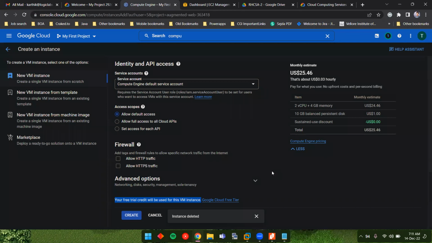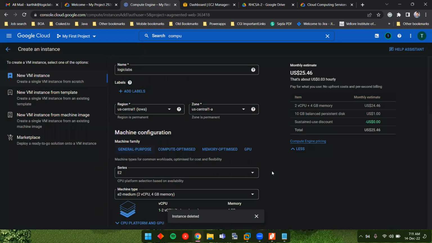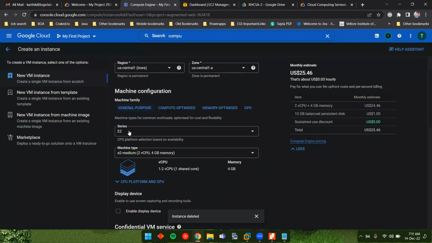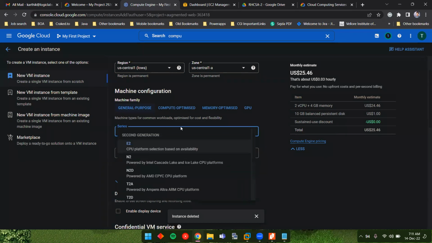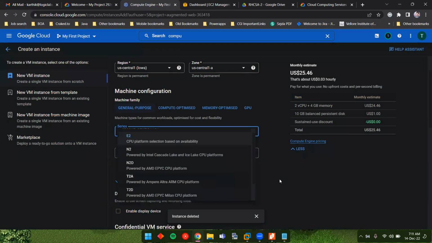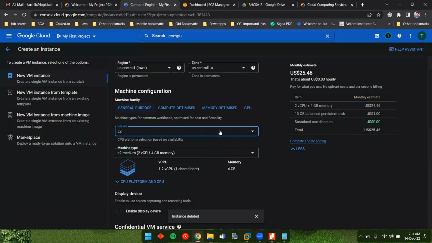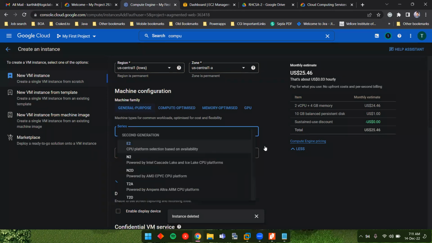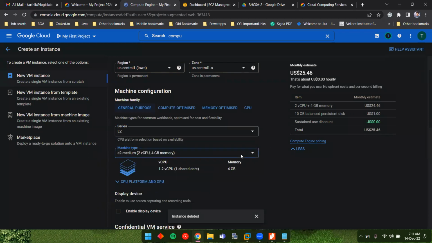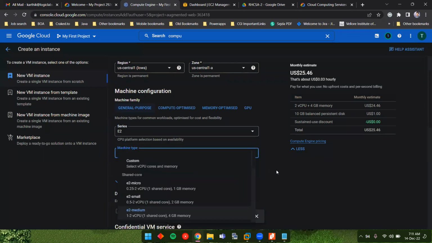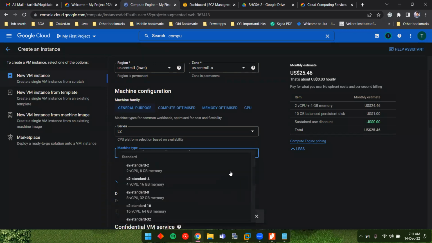Okay. So let me scroll to the top. And there are so many series of tiers in this one. Okay. Like the powerful one. Since we are using it just for our lab purpose, we can use the most minimal one. Okay. And yeah, so these are all the